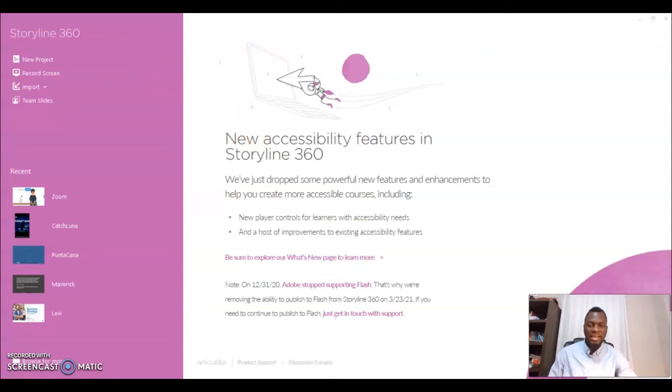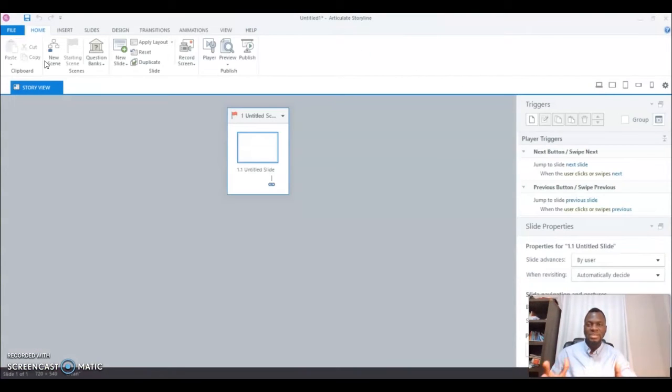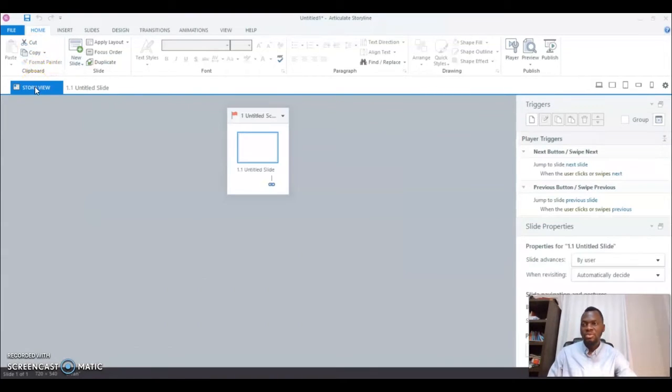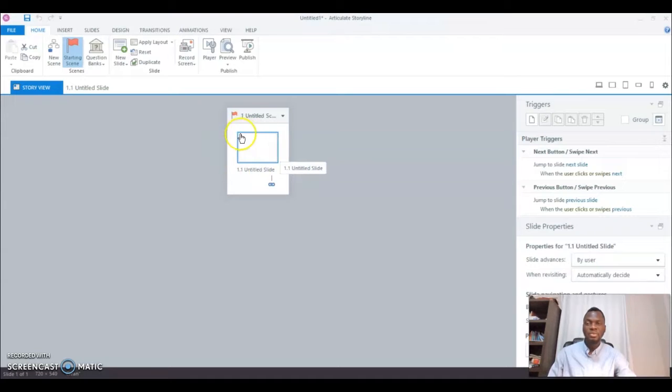To get started, I have launched Storyline over here in my tab. I'm going to click on New Project, and you notice right away that Storyline is so similar to other programs that you may already be familiar with, like PowerPoint, Illustrator, or any Adobe product, pretty much, but mostly PowerPoint. It uses the same slide navigation as PowerPoint. So let me back up a little bit. If you go to Story View, which is a screen we were on just now,